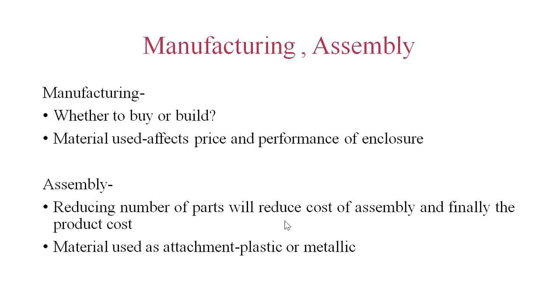Mostly, whenever we are using a small enclosure, or a small amount of enclosures, plastic molding is used. In large quantities, plastic molding is also used, and it is easy, cheapest and quick for that case. Then if the enclosures are metallic, then riveting or welding is used. But riveting is faster and cheaper compared to welding of the enclosure. But whenever we are using shielding for EMI, at that time we have to use welding.